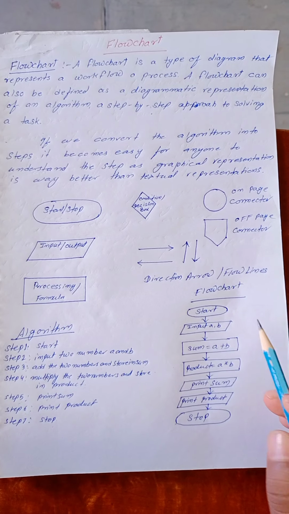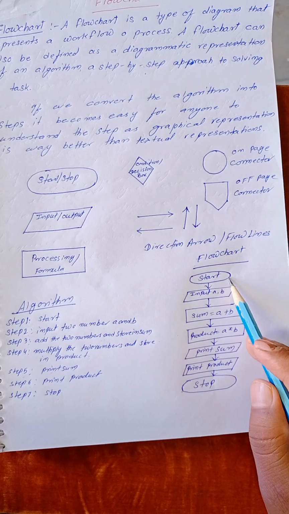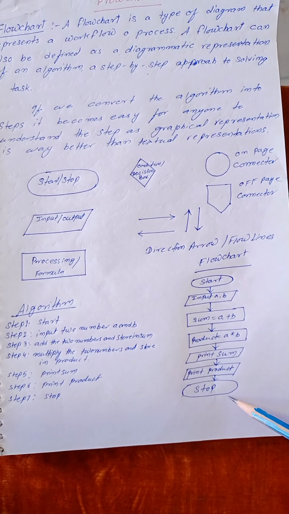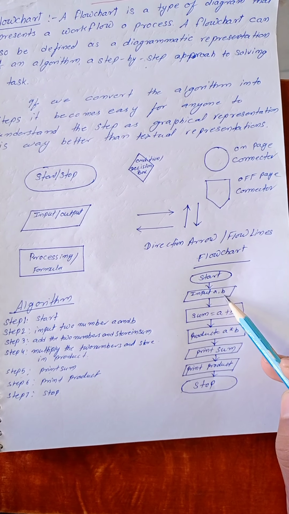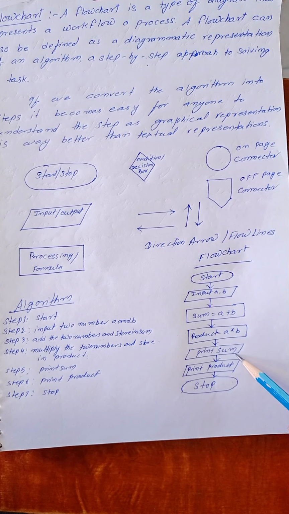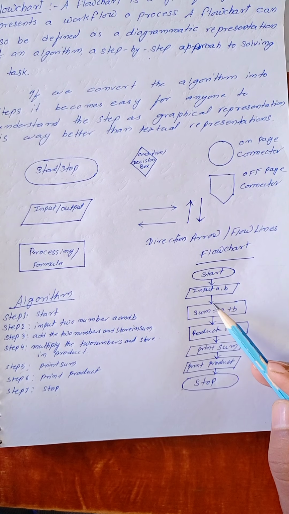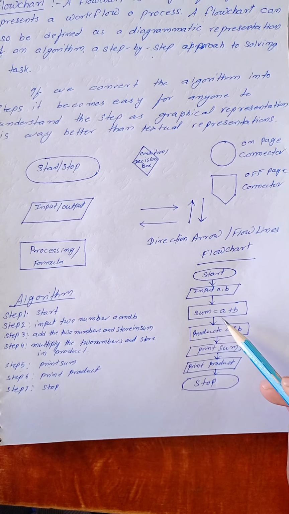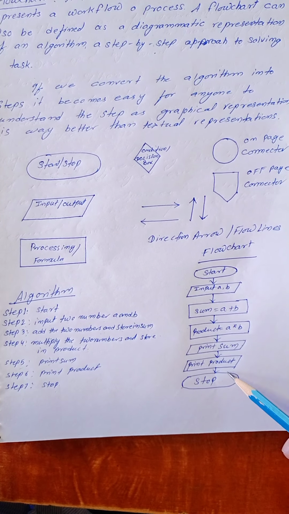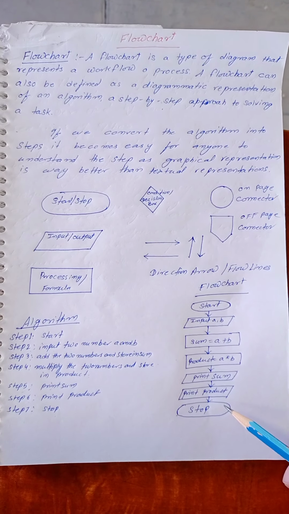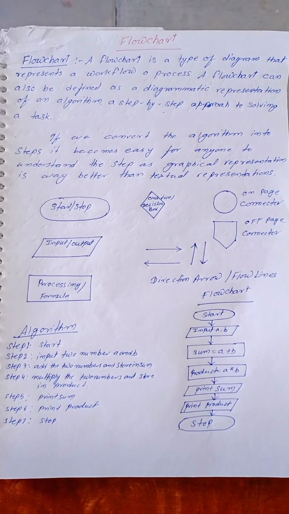And the same in the flowchart. First is start, so we take an oval, because oval is used for start and stop, both. And a parallelogram for input, so input A and B, two numbers. Output is also given here. First we take input, then arrow symbols are given to flow the chart. Here sum is equal to A plus B, product is equal to A into B, print sum, print product, and stop. This is the method we use for solving problems from one direction to another.